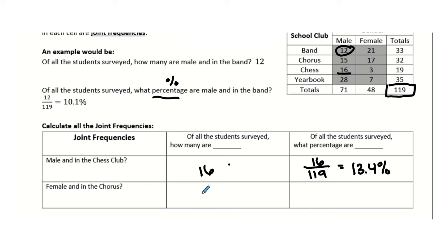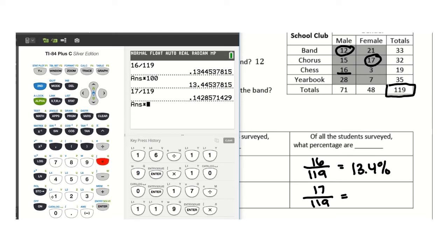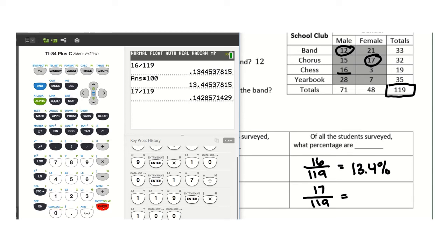So, of the students surveyed, how many are female and in the chorus? So, female and in chorus, that's 17 students. Of the students surveyed, what percentage are female and in chorus? So 17 students out of the 119 that were surveyed. So 17 divided by 119. And then if I multiply by 100, I get